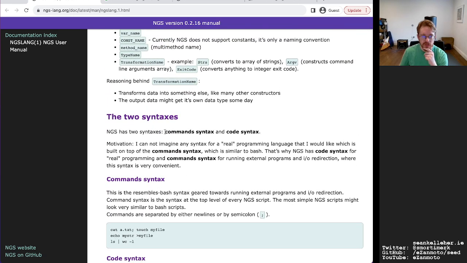Yeah, that makes sense. Having two syntaxes, command syntax and code syntax, is a similar idea to the conclusion I came to as well, when I was doing the initial playing around with ideas for Ash. I was thinking just have one unified syntax, but with the unified syntax, it basically means that if you want to run commands simply in the bash style, then you need dollars before all variables.